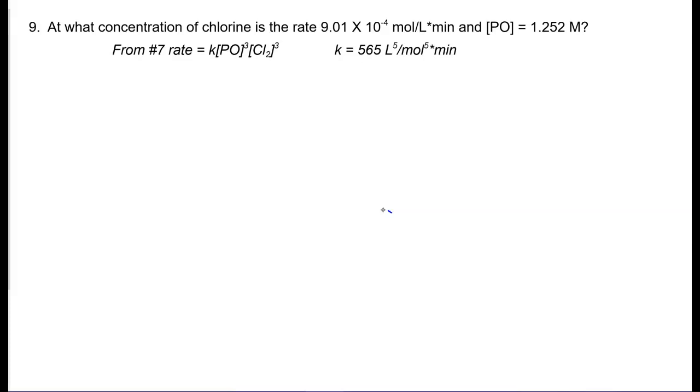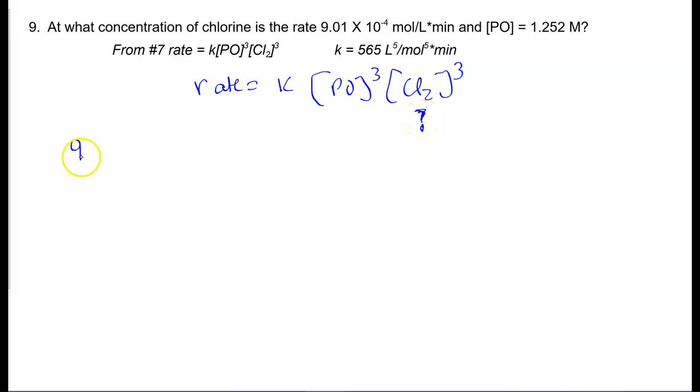So we have our expression. I'm going to rewrite that. Rate equals K times PO cubed times Cl2 cubed. Now we're going to plug in what we're given, and we know that we're looking for the concentration of Cl2. One of the things I like to do, once I write my expression, is figure out what I'm solving for. So that's my unknown. I'm given the rate, 9.01 times 10 to the negative fourth moles over liter minutes